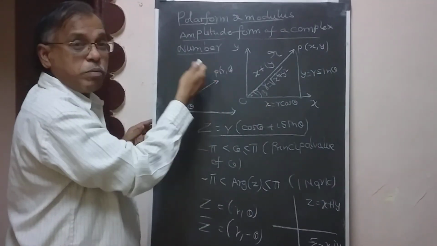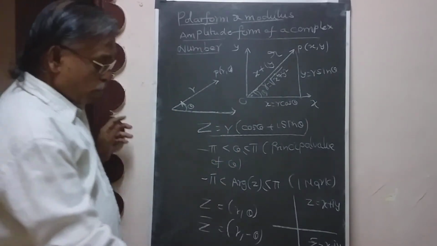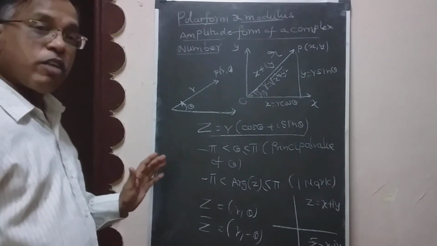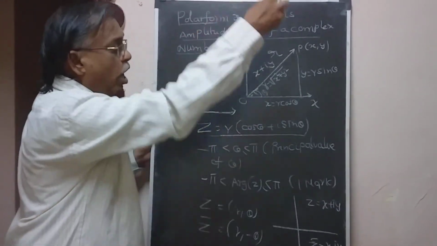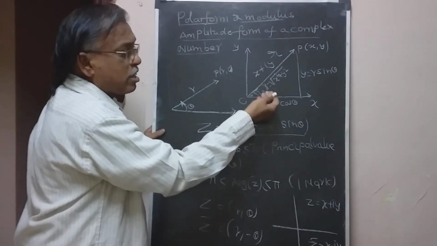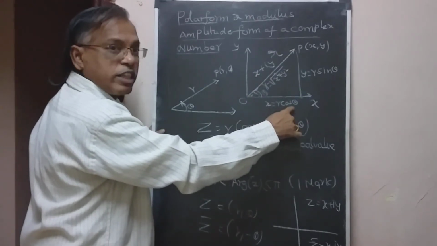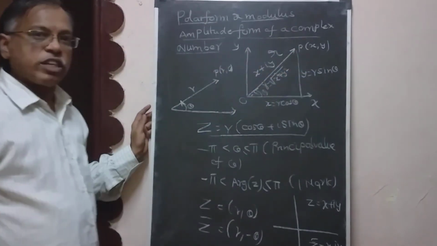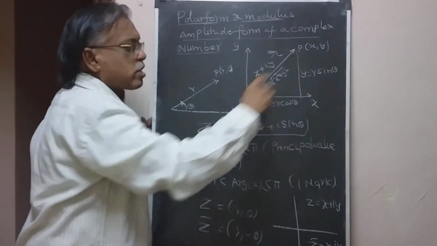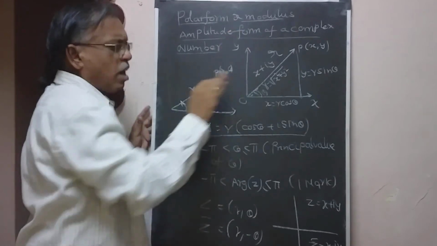In the next video, we'll see the quadrants where this complex number is present, and accordingly how this theta value also changes. Okay students, so this is very important, the polar form, modulus amplitude form. Simply you must calculate the r value and the theta value. Now how will you calculate the r value? Just use the Pythagoras theorem. x square plus y square is equal to r square, because x square means r square cos square theta, y square means r square sin square theta, r square you can take common, sin square theta plus cos square theta. So r is equal to square root of x square plus y square. So that is the modulus. To calculate the r value is very easy. Just the modulus of the complex number, enough.